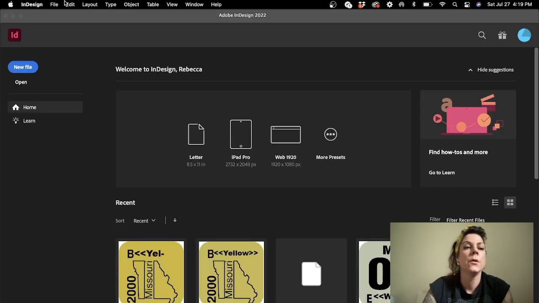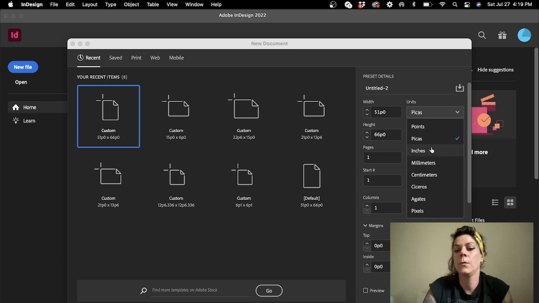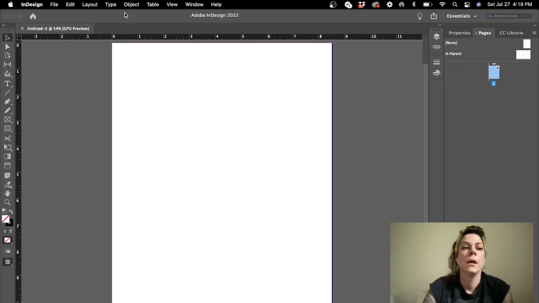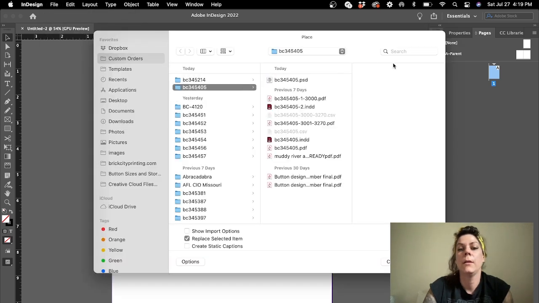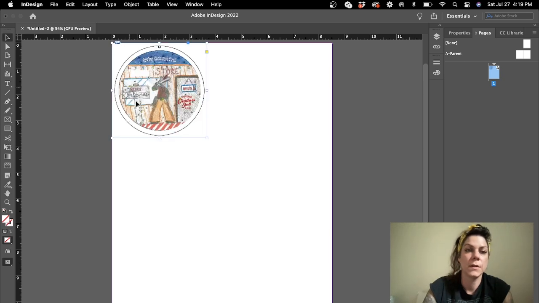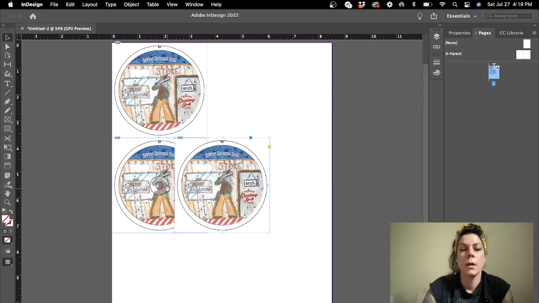InDesign. So in InDesign, we want to go to File, New, Document, and we want a document that is 8.5 by 11 inches. All right, and then we're going to go to File, Place, and we're going to select the PSD file that we just made, or it doesn't matter what file format you use really. And we're just going to place that and then copy it in columns